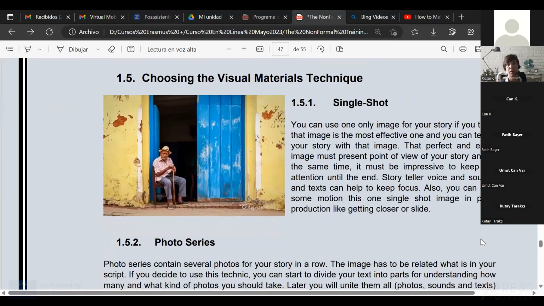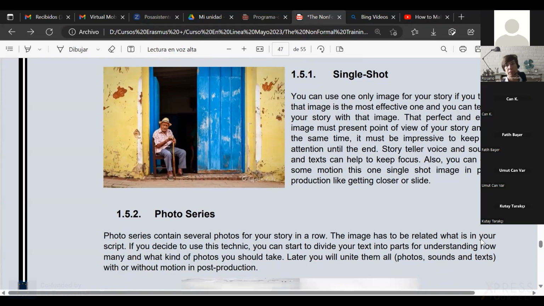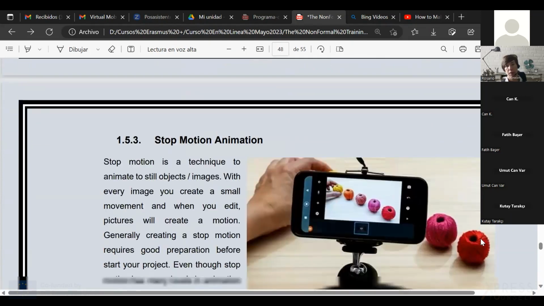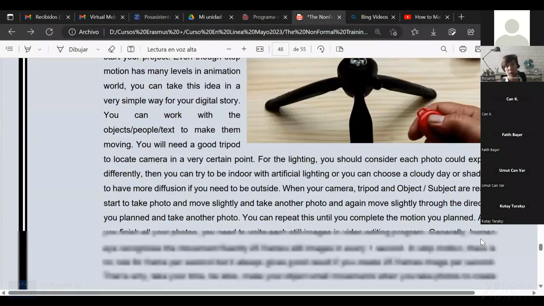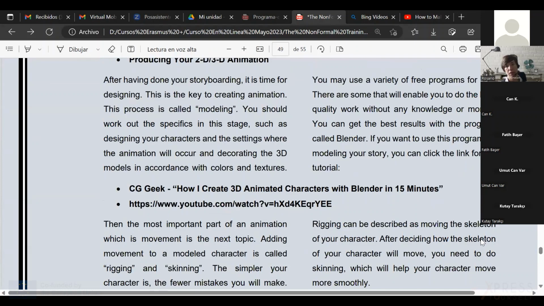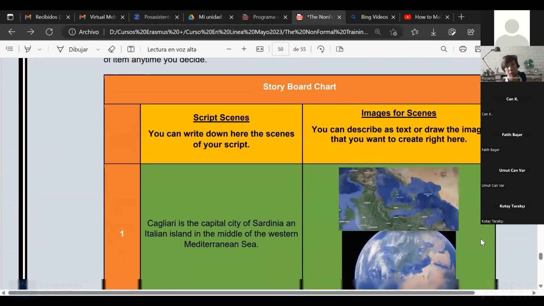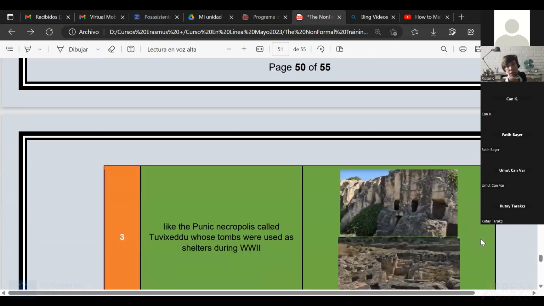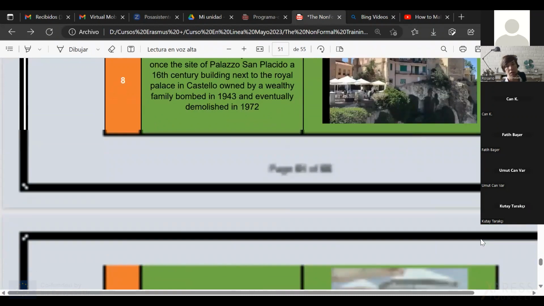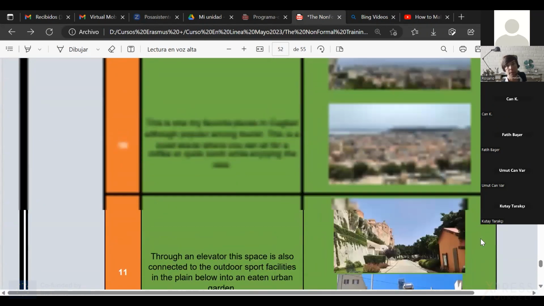and we came to the visual materials. So there's different options. There's many, of course, but we are going to see only three. Sorry that I am going fast here, because I want to check some things that I will need to skip, because we are getting close to the end of the course today. And I want to check the important things that you will need to see. Okay, so I'll go back.